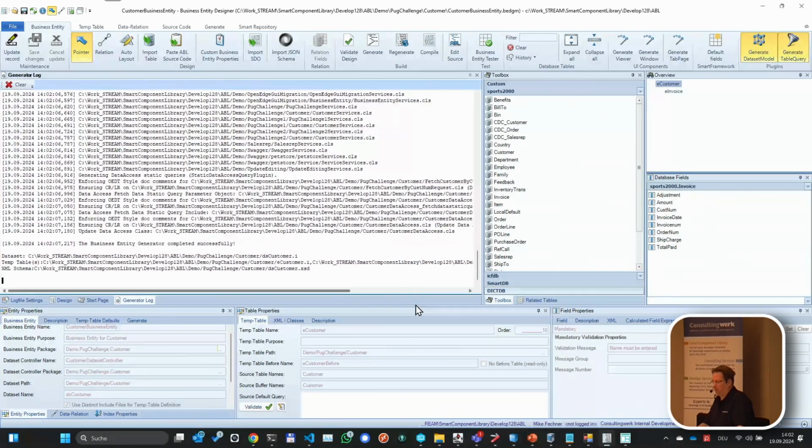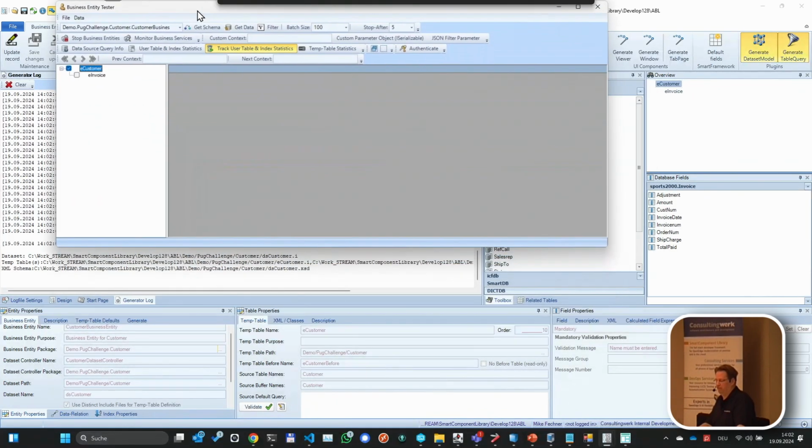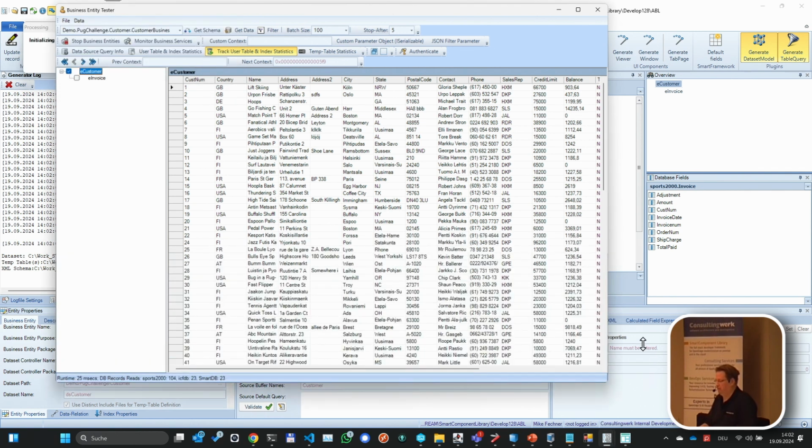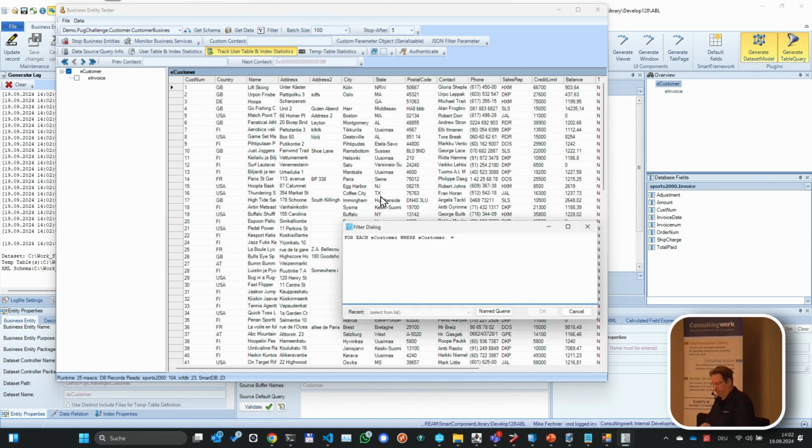As a developer, one of the first things that I would probably be doing is seeing that this component does one of its core tasks, fetching data. And especially in an environment where we have developers doing a backend in one technology and another technology doing a front-end, it might be challenging for a backend developer to test that this component delivers the right data and good performance. For instance, when I run a certain query,